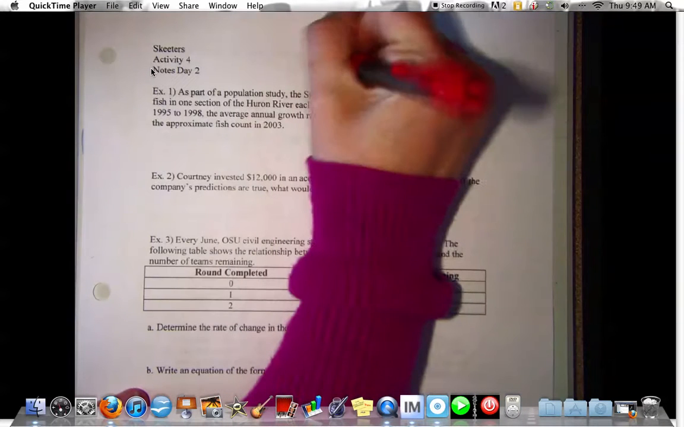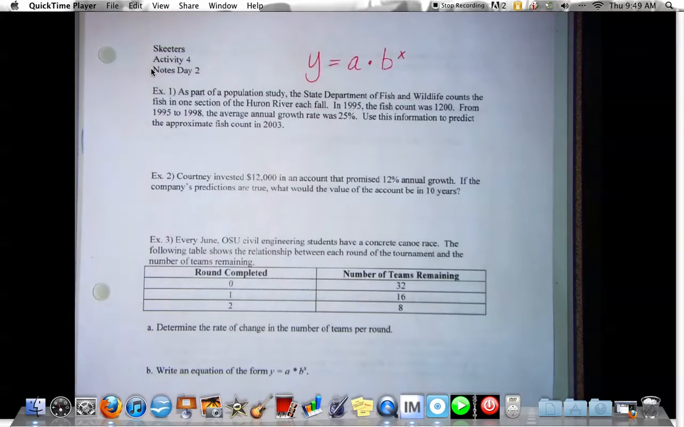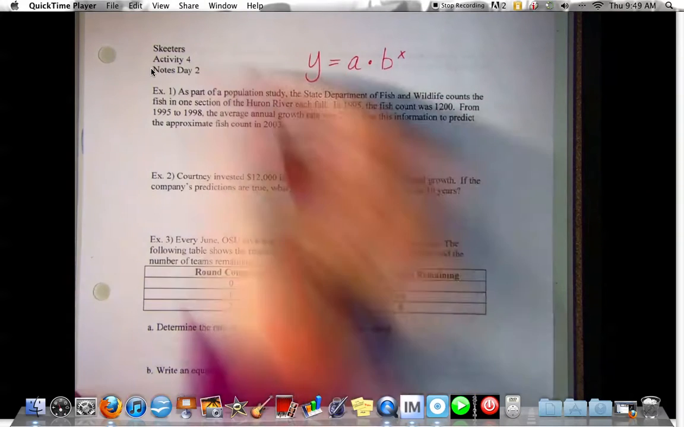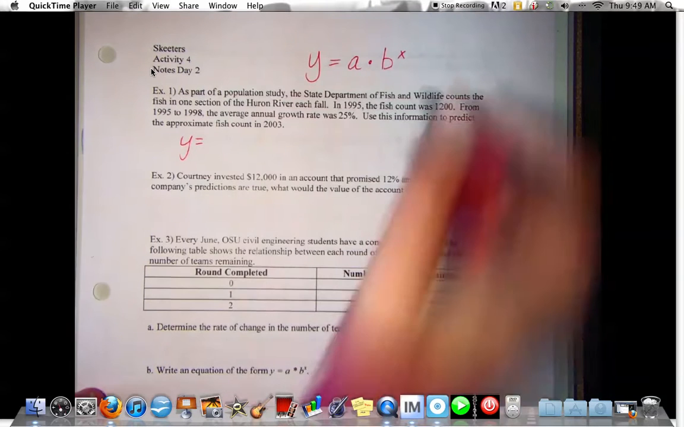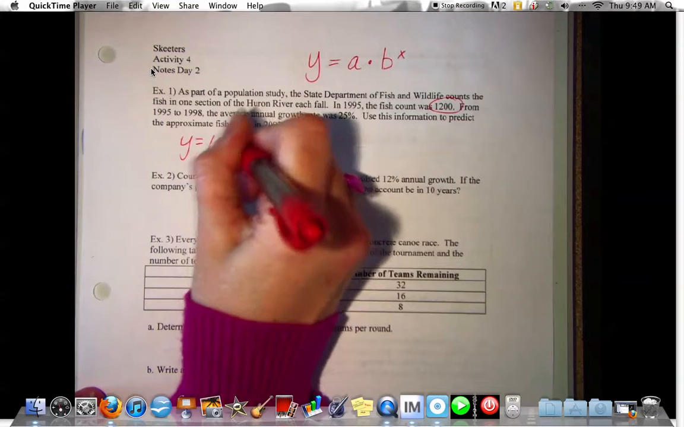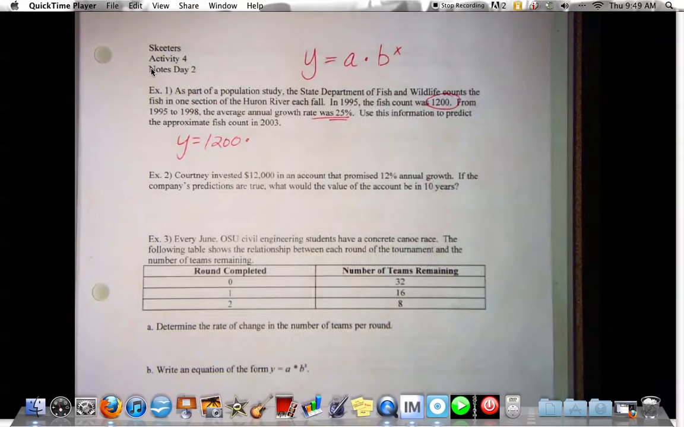We are using our equation, y equals a times b to the x. What is the a representing? Initial population, and b is your factor. So we have y equals, what's our initial population? Okay, 1,200. Are we told what our factor is? No. But we are given the what? Okay, growth rate is 25%. 1.25